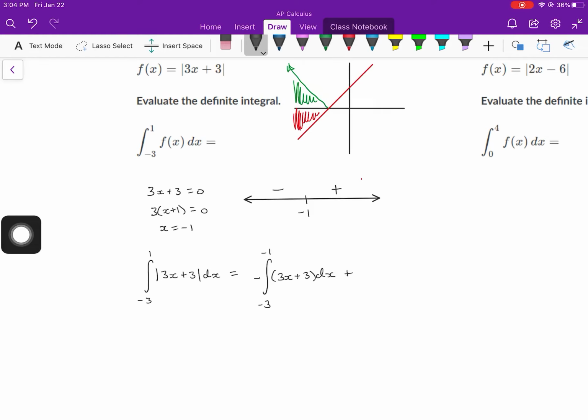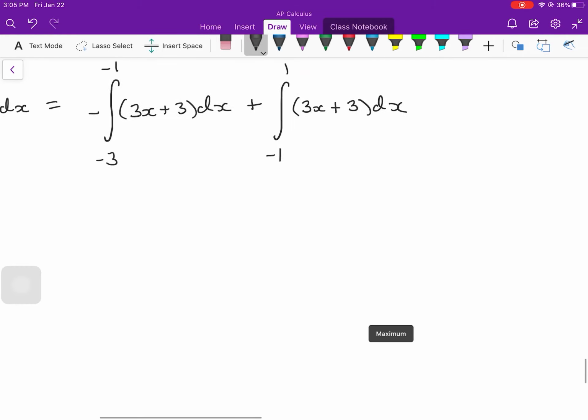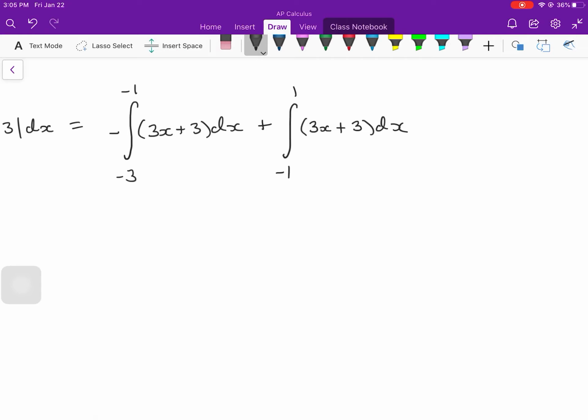Plus, since this is positive area, we'll just add it from -1 to 1. So we're going to complete that integral from -3 to 1. We're just taking that split at -1 there. And this is what we're evaluating. I'm not going to do the entire evaluation. You know you're going to get 3x squared over 2 plus 3x from -3 to -1,